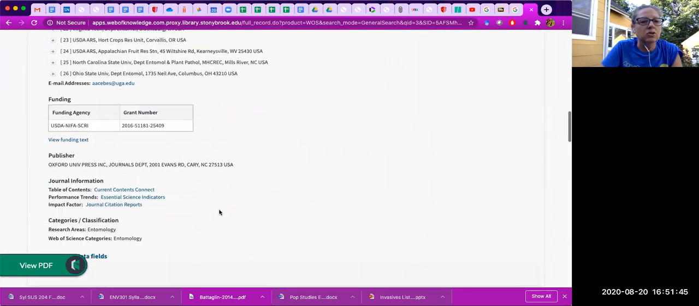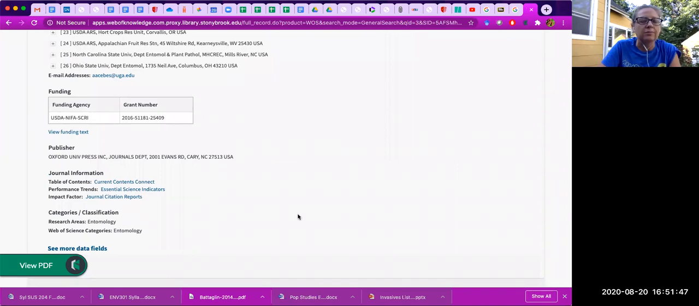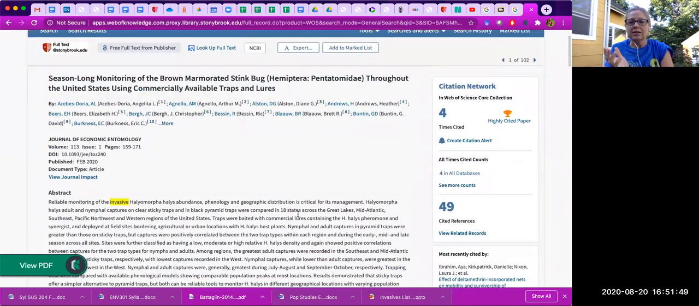So you want to scroll down and look at who the funding agencies are. Okay, so let's say that you guys, for whatever reason, were trying to find out more information about stink bugs as an invasive species, and you're like, this is the paper for me. You can click on free full text from publisher, and it will bring you